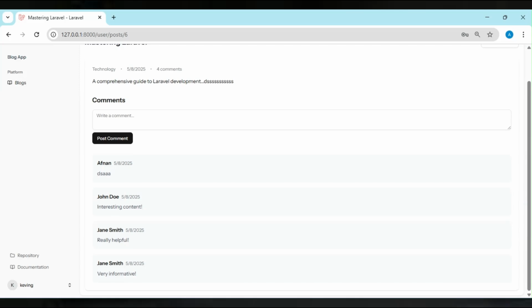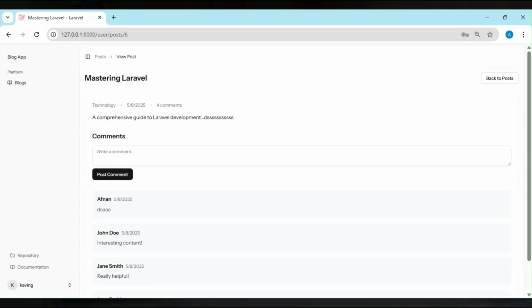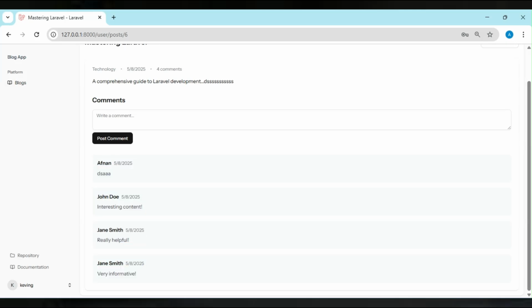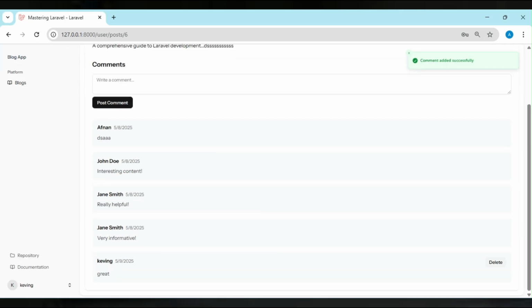Okay, so here I'll simply open the blog detail page. Here you can see the blog and the comments that are made by other users. So when I simply comment with this user that I am logged in with, Kevin, I'll simply post the comment. So here you can see when the logged in user posts the comment, it enables the delete option